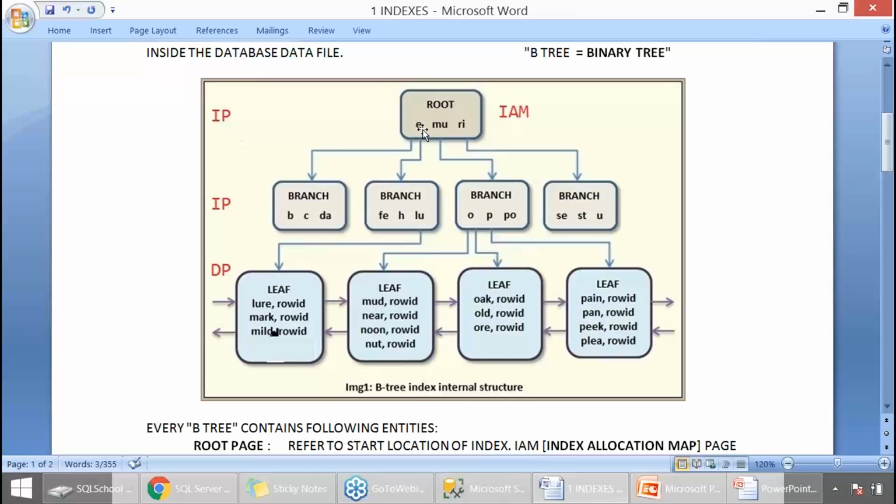We have the root, the start location, then branches, additional index pages, and leaf locations. Observe carefully.